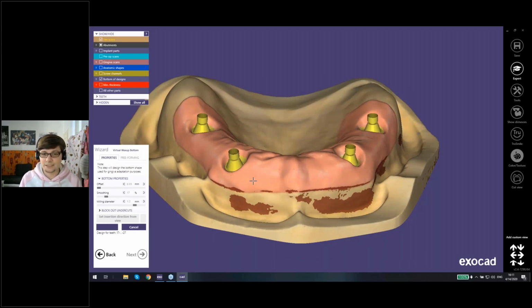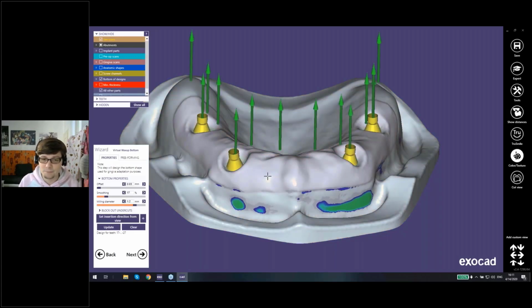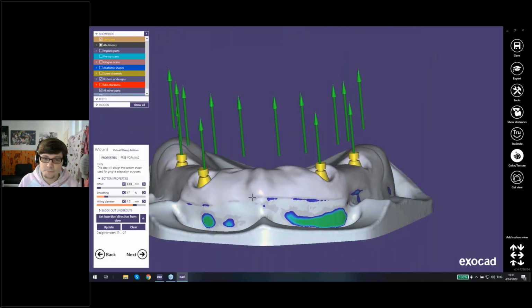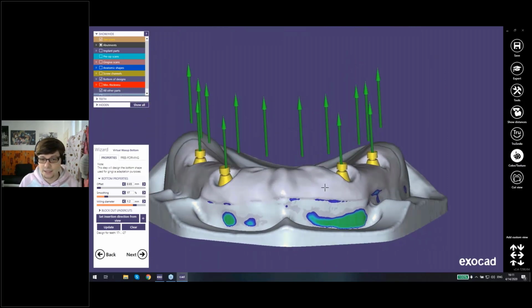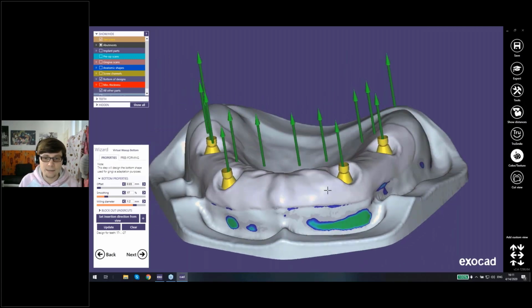Obviously, you can set this to 0, but then everything that's not 100% accurate, any mistakes on the impression or in the milling later on, will then be a little bit too harsh of a pressure for the gingiva of the patient. So you see now here in blue the bottom of my wax-up, and I